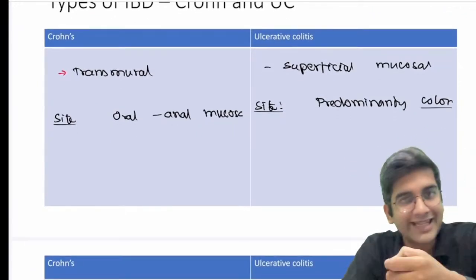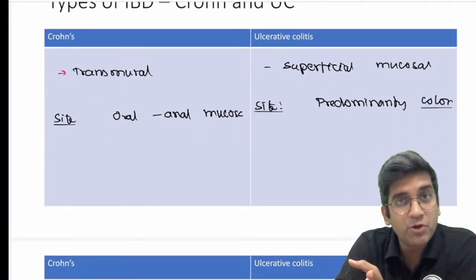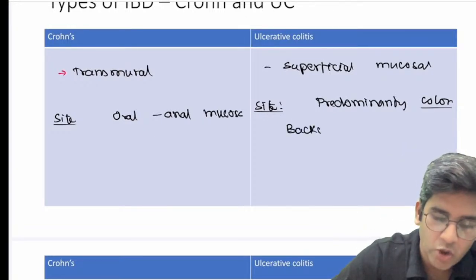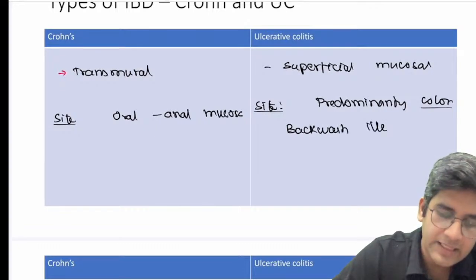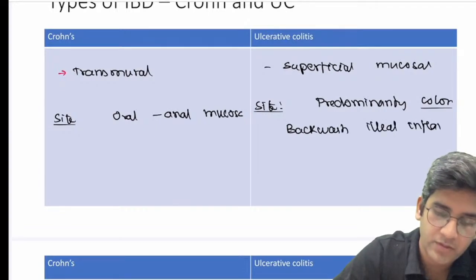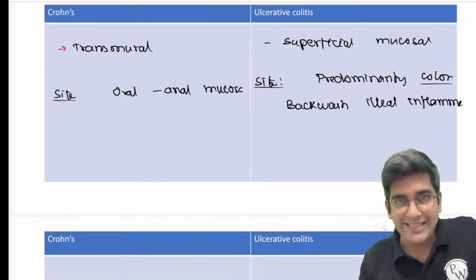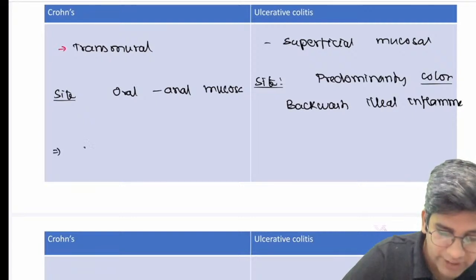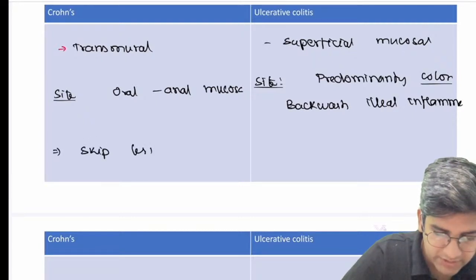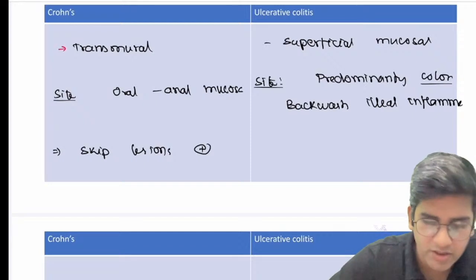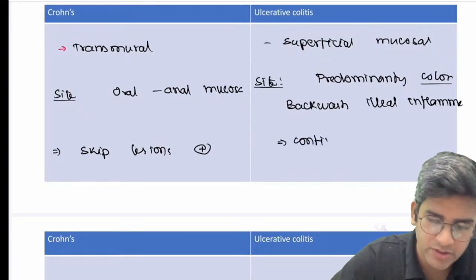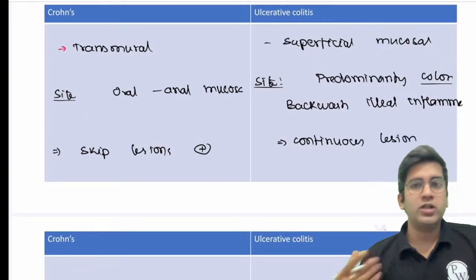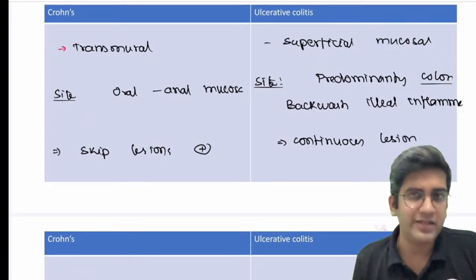Once you write colon, the second thing which should come to your mind is that in ulcerative colitis, the ileum can be involved. We call it a backwash ileitis, or backwash ileal inflammation is possible. Obviously, it's possible, right? Because ulcerative colitis is limited and Crohn's is very huge. Crohn's is very, very extensive. So there should be skip lesions. Skip lesions are a must here. Here, most of the time they are continuous lesions. They'll involve the entire colon. There will not be any skip lesion, but Crohn's will undoubtedly have skip lesions, right?